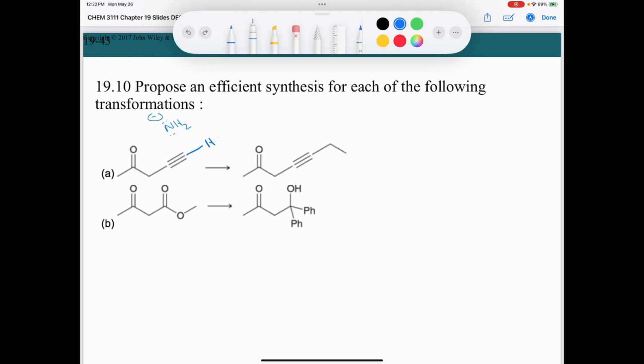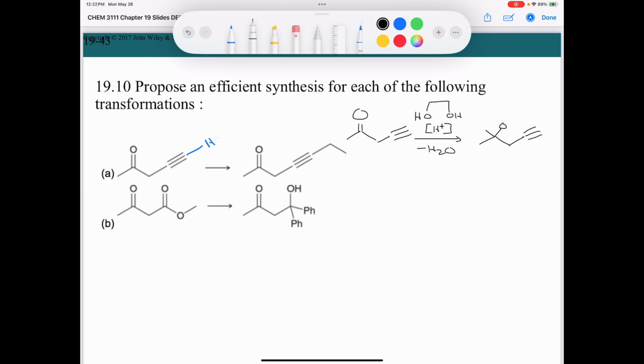And so the first thing we need to do is protect that carbonyl. So we're going to protect that as an acetal, and I'm going to choose to protect it as a cyclic acetal. So we'll start with our carbonyl. Let me see here. Where's a good place to start so I don't run out of space? So we're going to take our carbonyl compound. We're going to treat it with ethylene glycol. We're going to use a catalytic amount of acid, and we are going to remove the water, and that's going to give us our